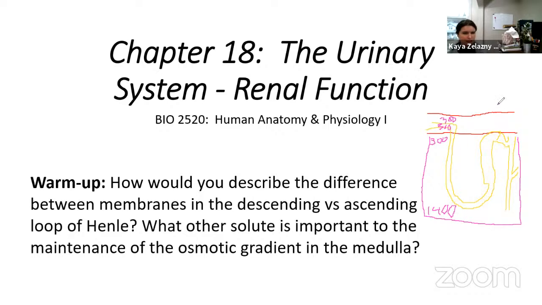If you step back and think about it, this is due to differences in the cellular membranes, the plasma membranes of the cells that form the descending versus the ascending tubule. In the descending tubule, they're permeable to water. So water can get out,